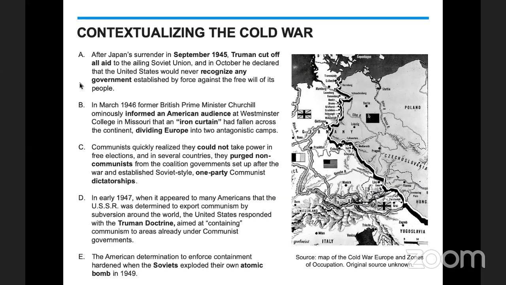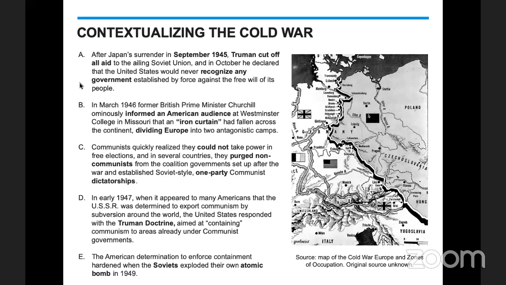After Japan's surrender in September of 1945, Truman cut off all aid to the Soviet Union, who was in need of the aid. In October, he declares the United States will never recognize any government established by force or against the free will of its people. So because he believes that there aren't going to be free elections, Truman is saying we're not going to recognize any of those